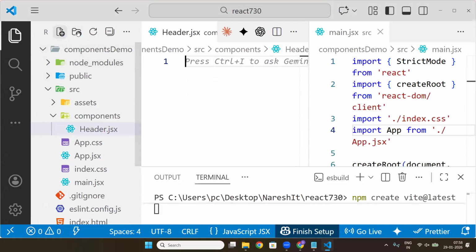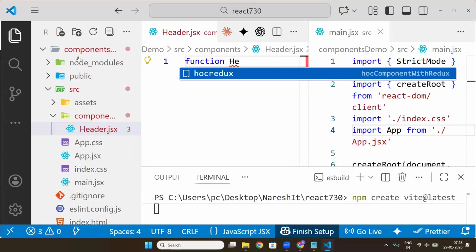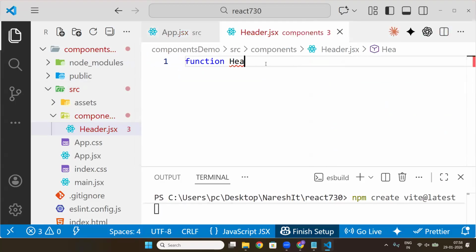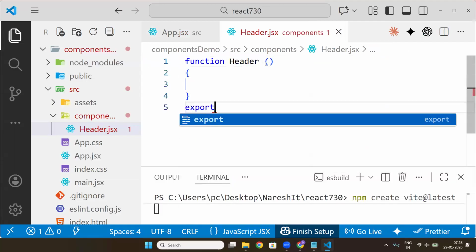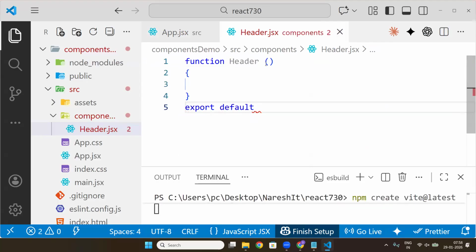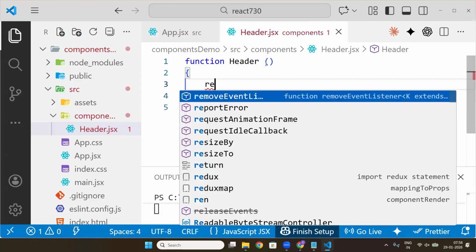And in header.jsx, what you will write, sir? Function header, same na? Function header, export default header, return